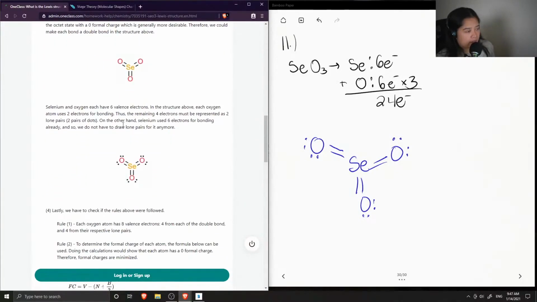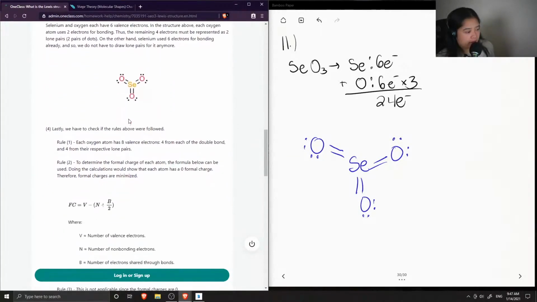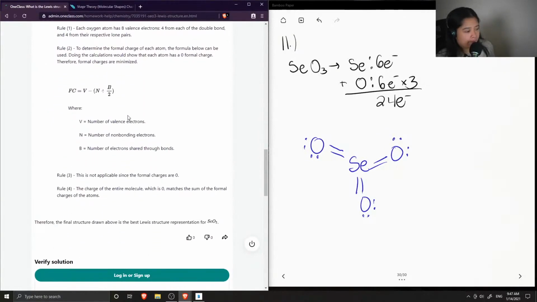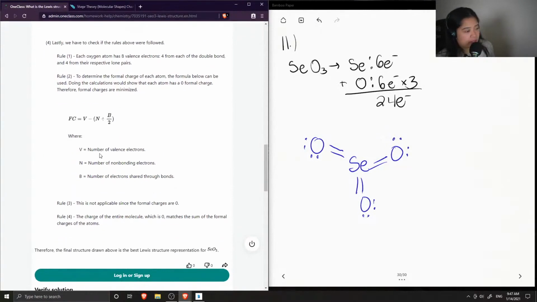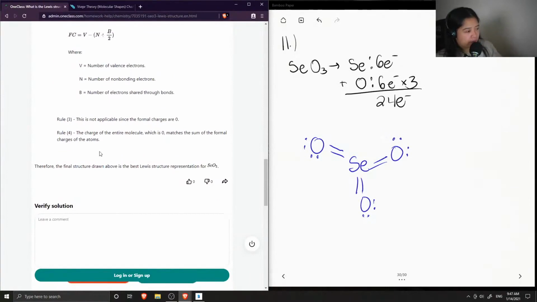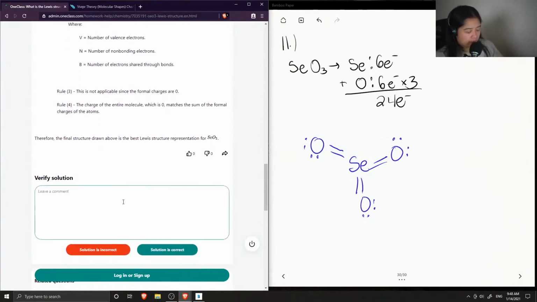And then they showed how all the double bonds can be formed. And they included the equation for formal charge. So if we were to calculate the formal charge of all the atoms, it would just be 0. So the solution is